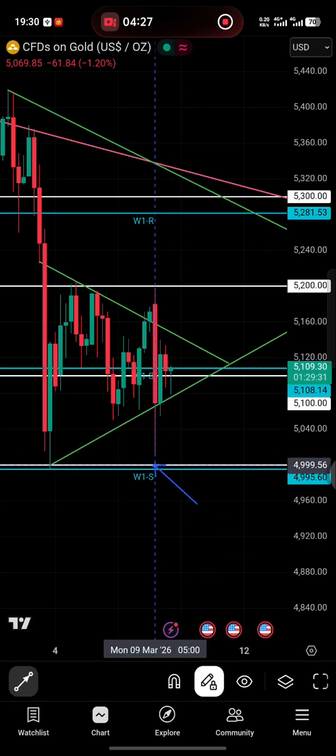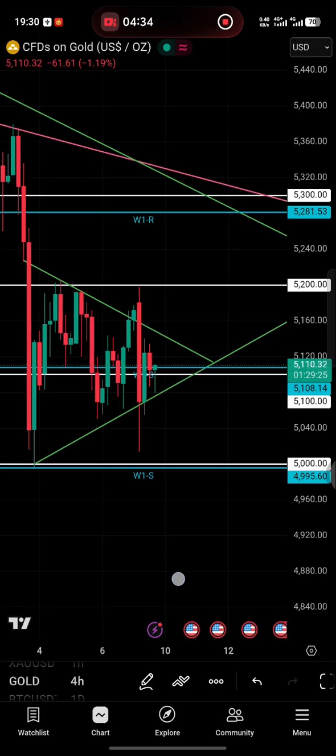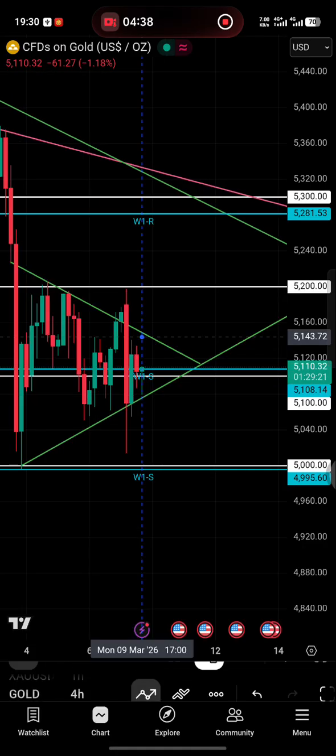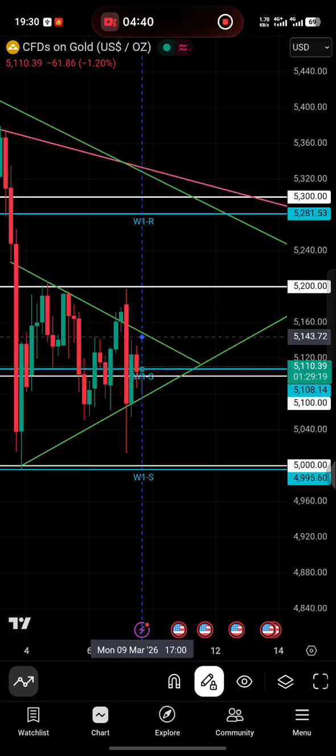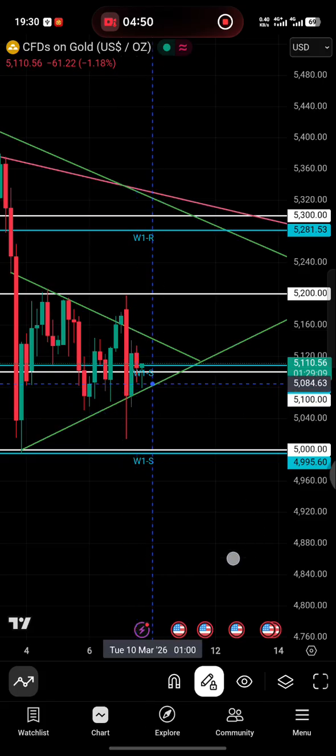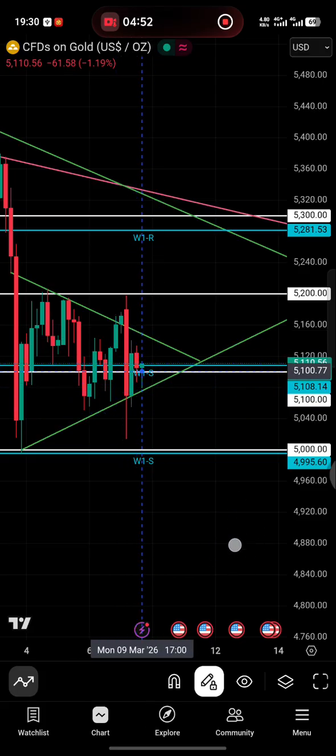So why is it that I need to buy or sell at breakout? I think I have explained multiple times that buying and selling at breakout is one of the best possible ways to enter a trade, but it is also risky as can be. Because let's say at this price point right now, if the chart is breaking below,